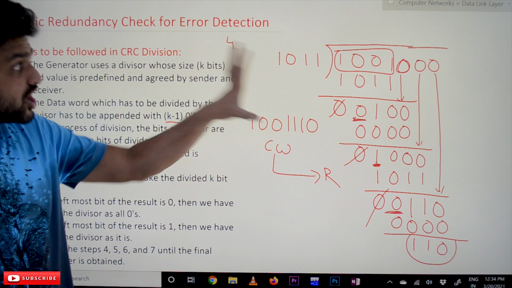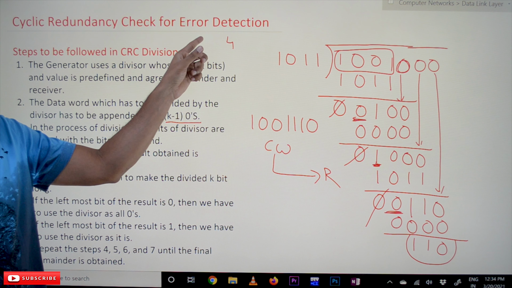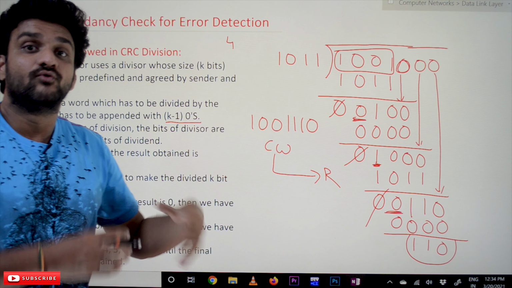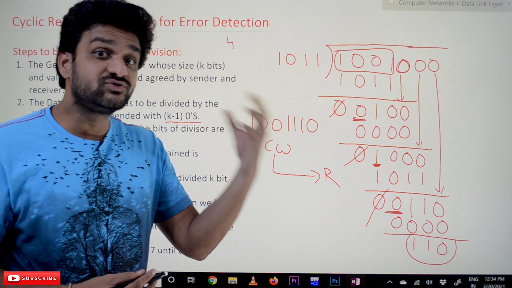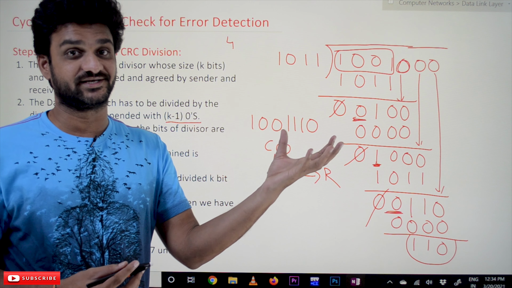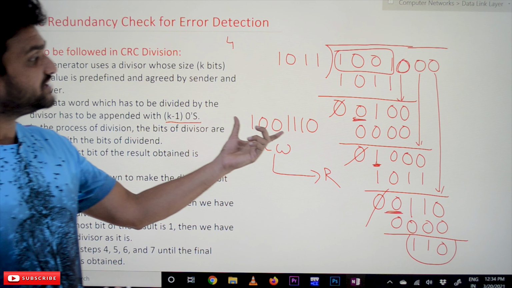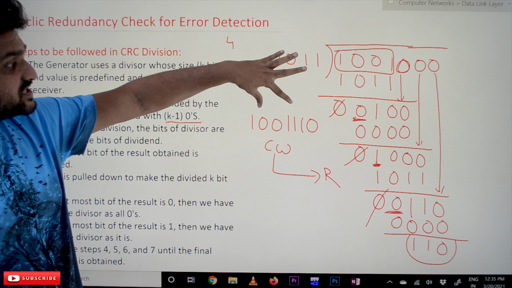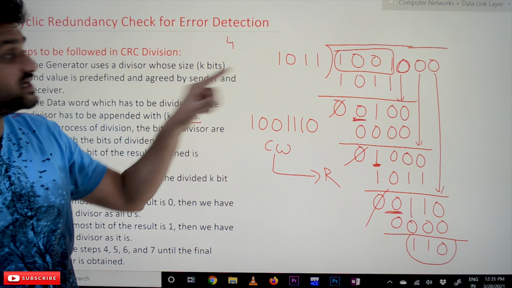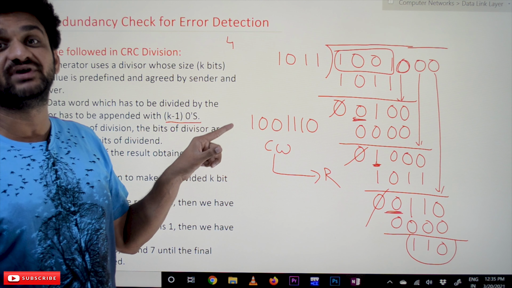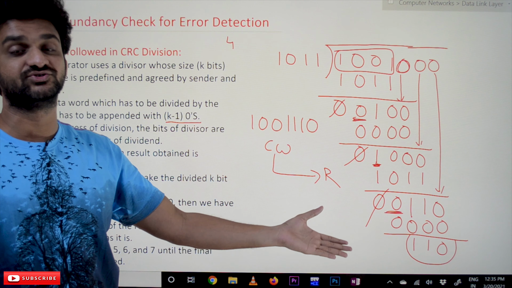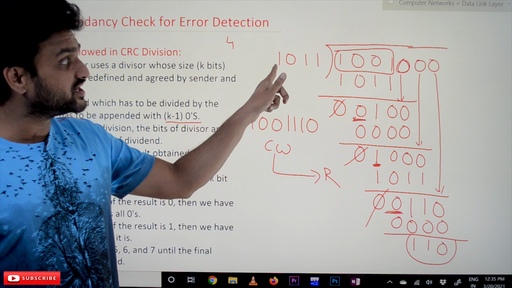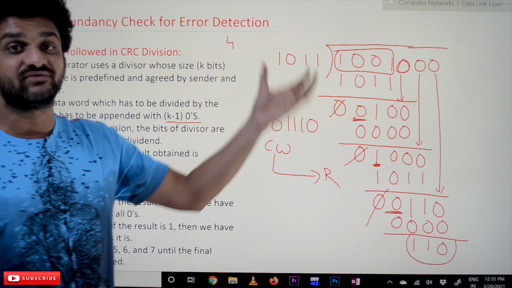Okay, so this is how the cyclic redundancy check is going to generate the redundant bits. Now what happens at the receiver? How is the receiver going to detect the errors? For example, if the same data has been received, the receiver is going to perform the same division with the same divisor, because the receiver and sender have agreed upon 1 0 1 1 as the divisor.